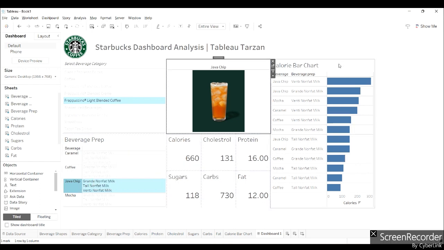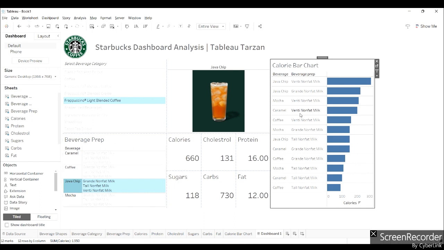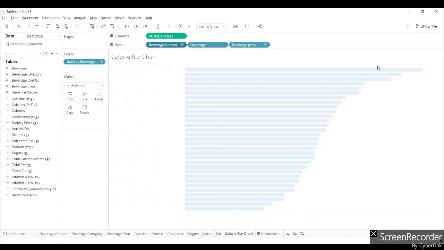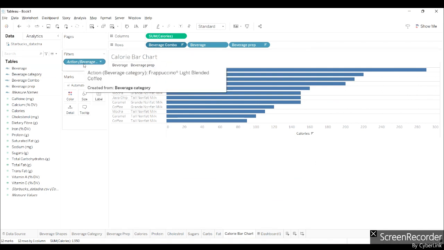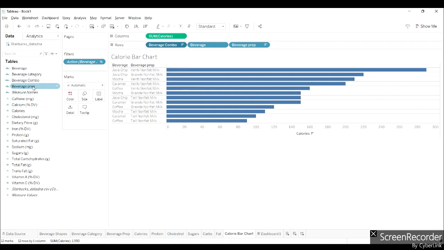Yeah. So now what about the color? I wanted that if I click Java chip, only the Java chip should be highlighted over here, right? So then what do I need to do? I need to figure a way out. The way I'm going to figure it out is I'm going to use beverage category. No, I'm going to use beverage prep. Beverage prep will be in the set. So what happens is,